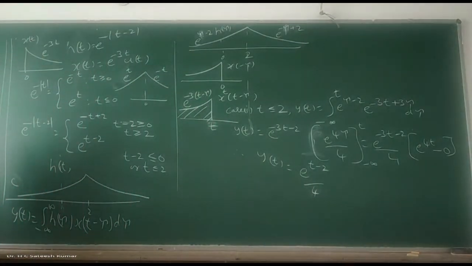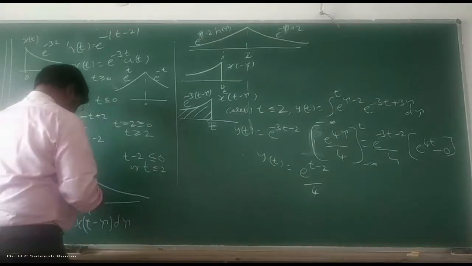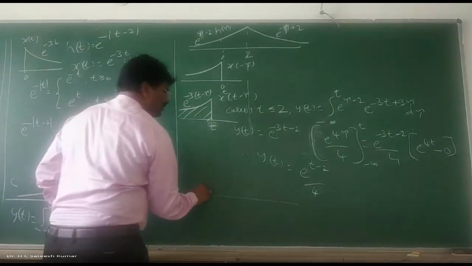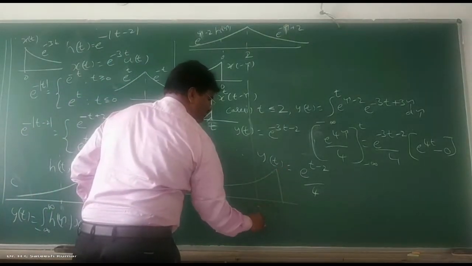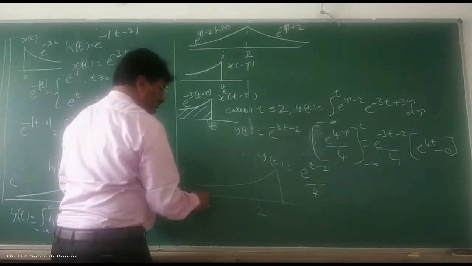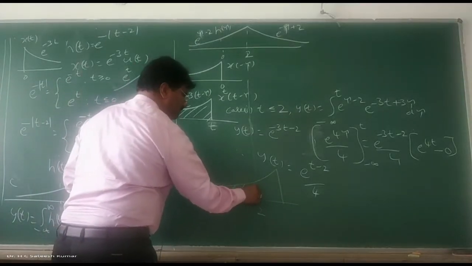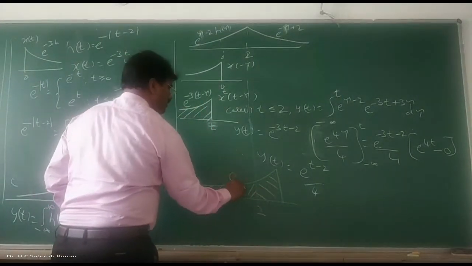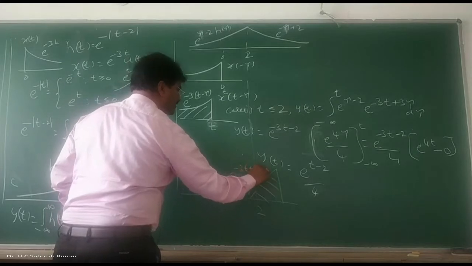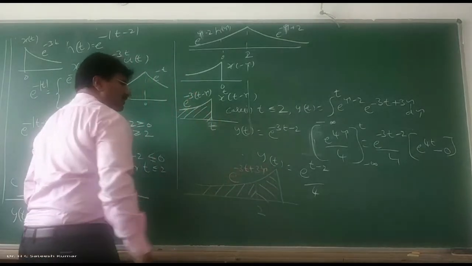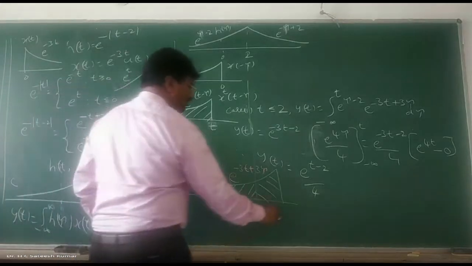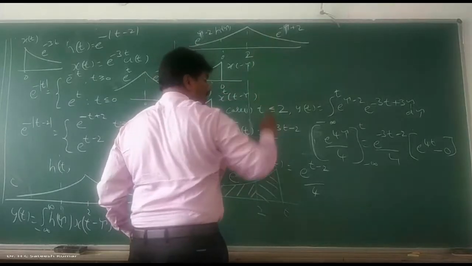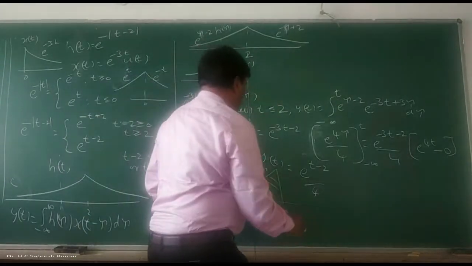Okay, right. Next, case number 2. Case 2 is, what is that we have is, so up to 2 we have shifted. Now you shift beyond 2 also. So when you shift beyond 2 also, what will happen is, okay, this variation is nothing but what? e to the power of minus 3t plus 3 tau. Same thing, I multiplied and I wrote it. So this is your t. So up to this point, one equation. Beyond this point, other equation we are going to use it. So therefore, case number 2.